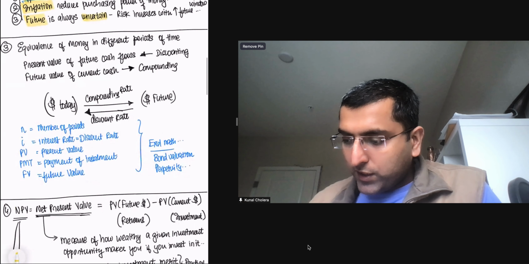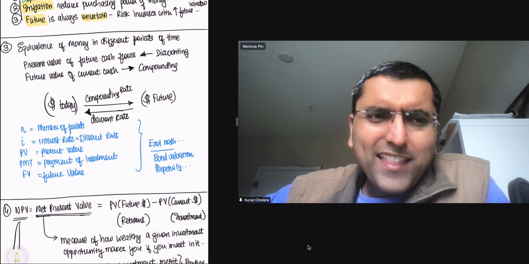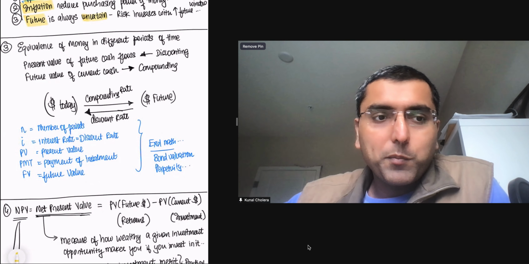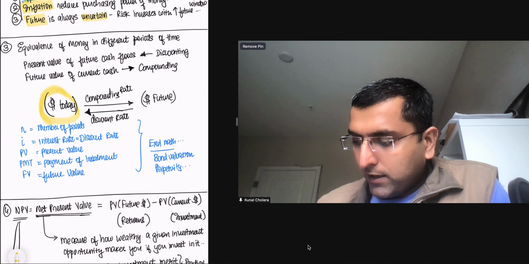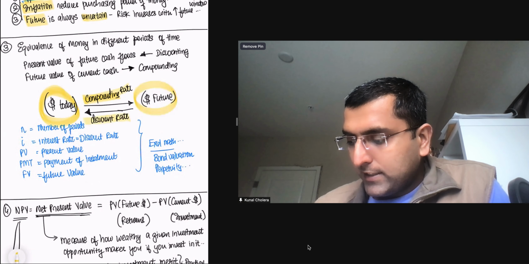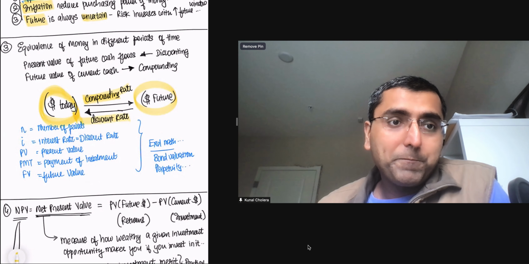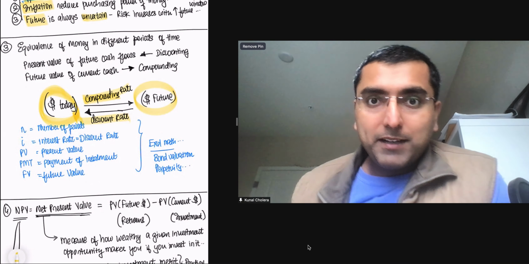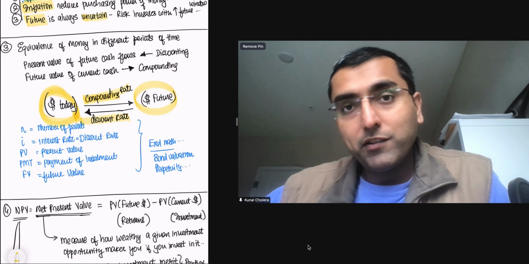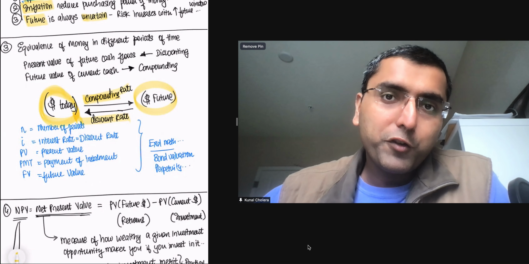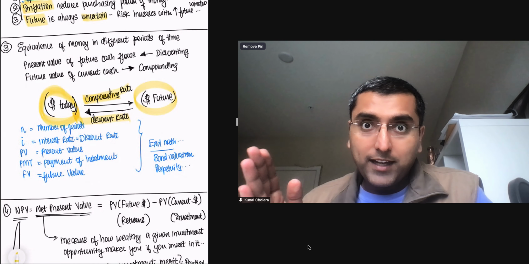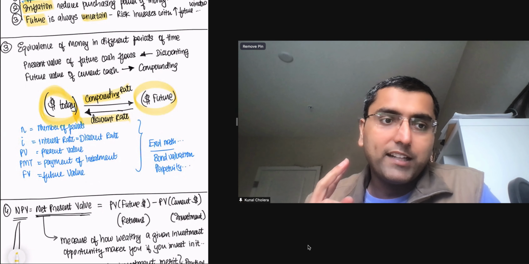The third piece, equivalence of money in different periods of time. How do I then calculate what a dollar today is worth or equal to a dollar 2 years from now? So a dollar today, you can compound it with a compounded rate of return to get a dollar of the future, and similarly you can discount it to get the dollar back of today. So basically it's saying that money in different periods of time can be equated by the compounding rate if you want to take the money today into the future, or a discounting rate, to take the money of the future into the money of today. And so you can compare them if you bring that money into the same time period, right? But you have to use these rates to bring them together.